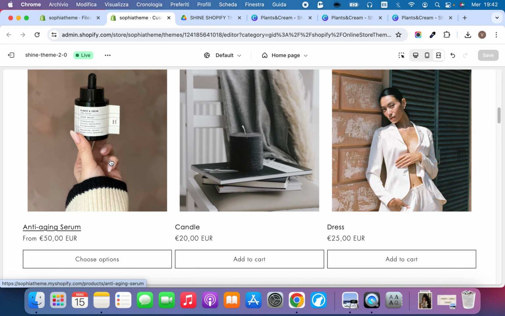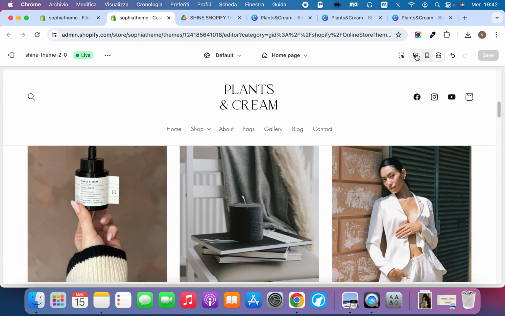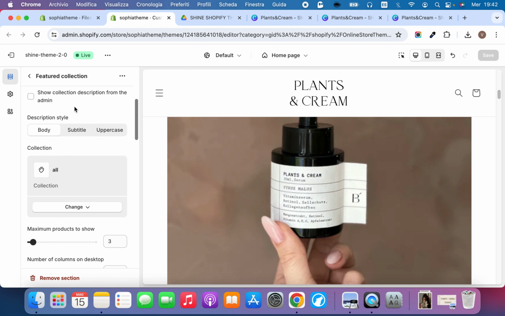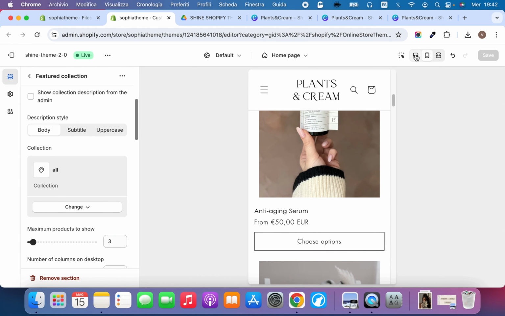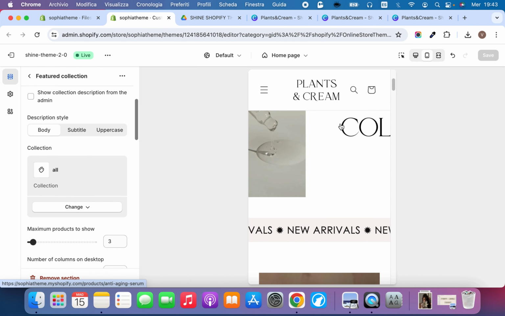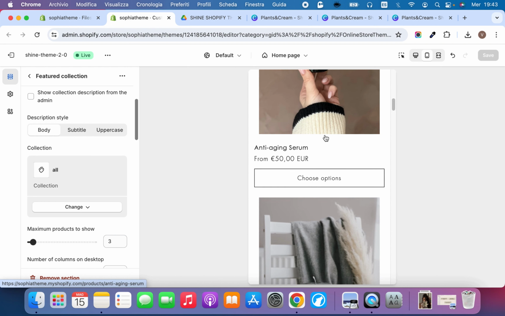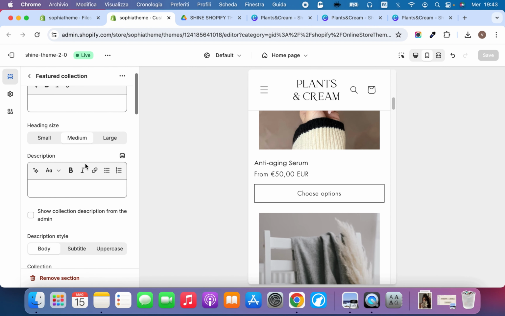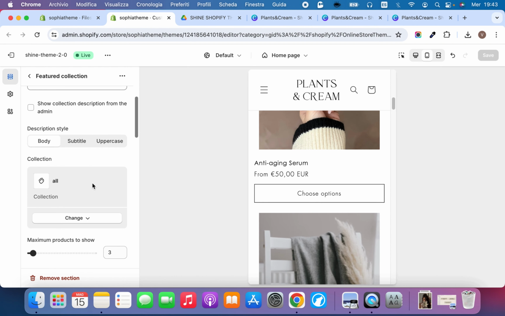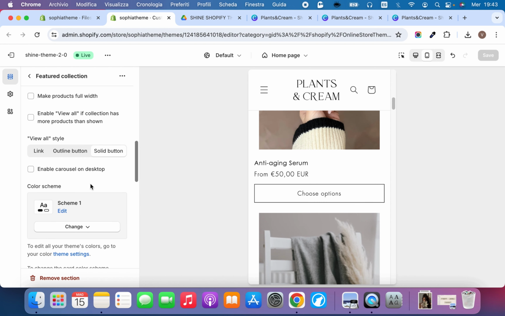You have 3 columns, and on mobile and tablet you have one column, but you can change that if you want to,